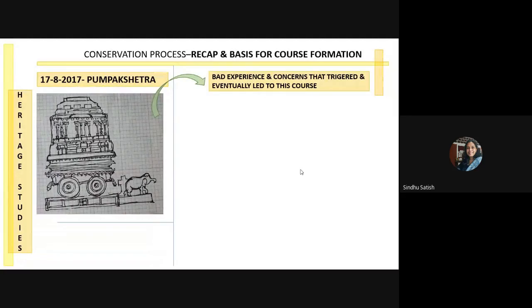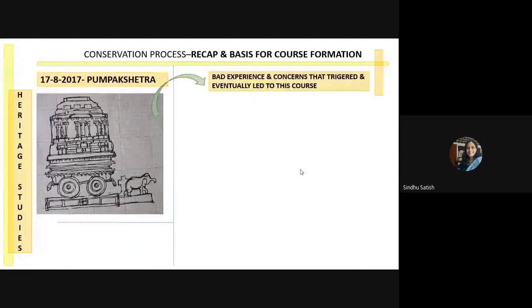For the simple reason that I was caught with this whole scene where parents were trying to put all the children up on this to take a photograph. And nobody there, people who are the security or anybody, objecting to this. I tried to politely put across to them that it's a heritage. Why do you want to sit and take? You can stand and take in front of it, where you will see the heritage as well, nicely. But they didn't like the idea, and I got back very unpleasant comments and things like that.